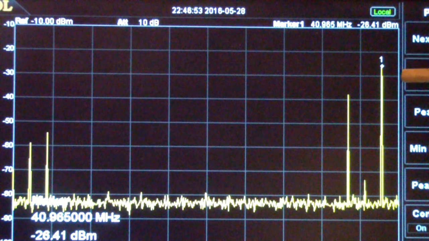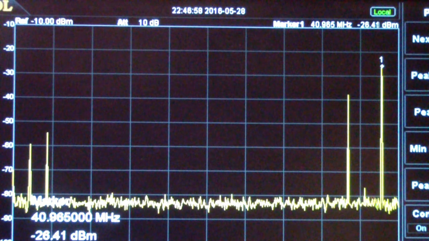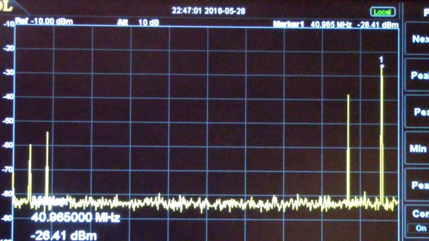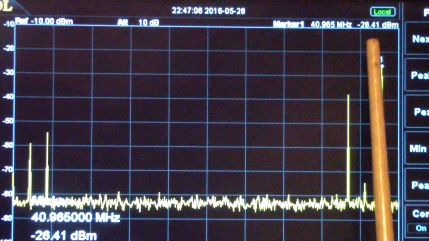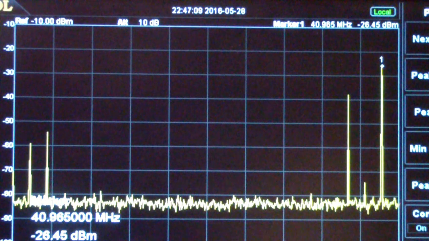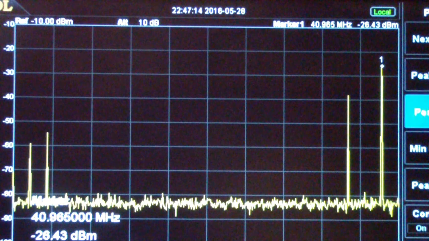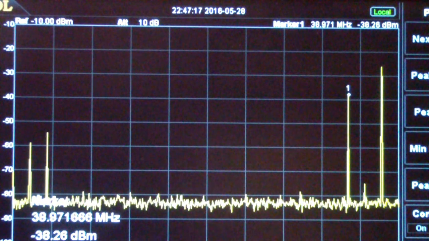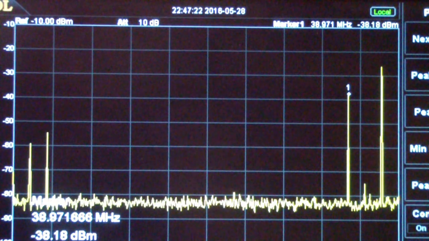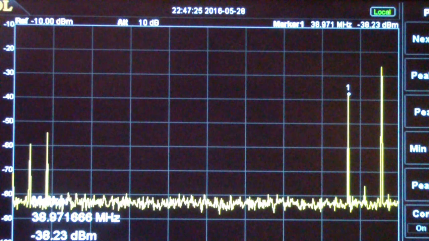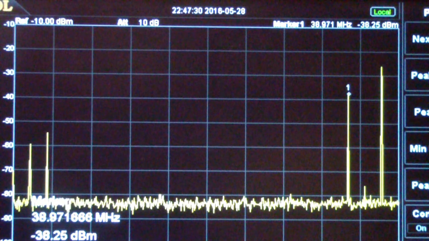You see the peak at the 41 megahertz frequency, which is the sum of 20 and 21. It is reading minus 26.4 approximately dBm. We're then going to go one peak to the left, and this is the 39 megahertz, and it's reading about minus 38 dBm. I'm going to go one peak to the right again just to see if I can get,